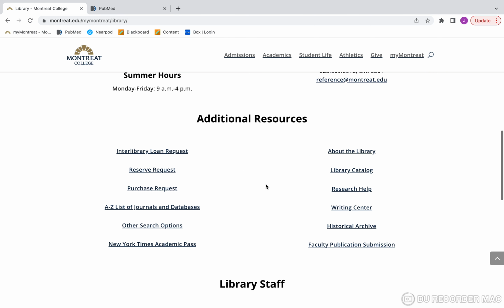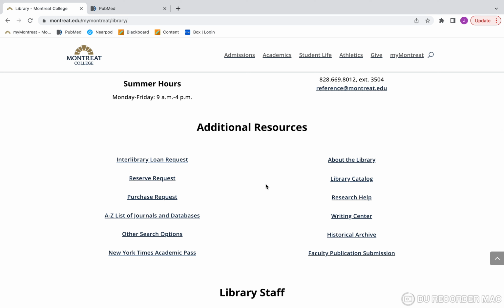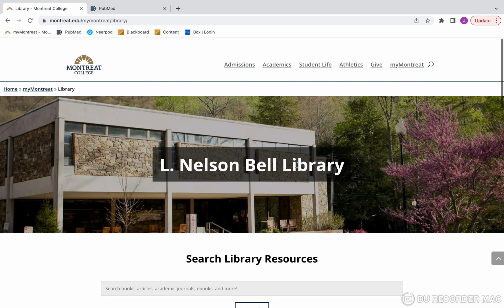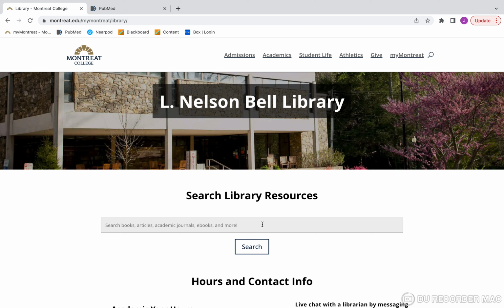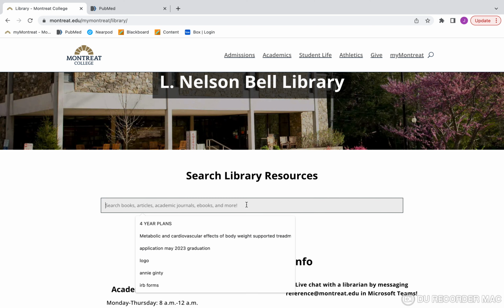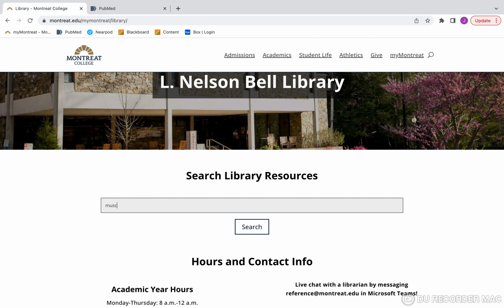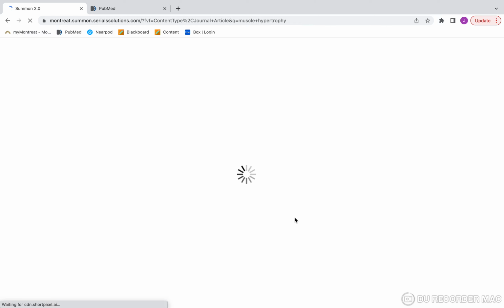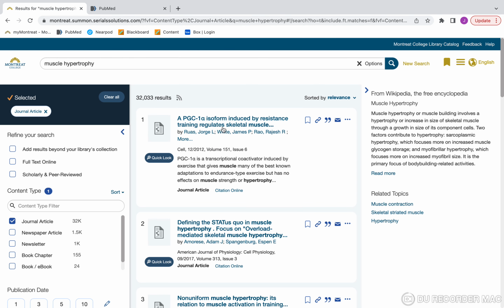We have a great library staff here at Montreat, so you can use this to really dive in. We have lots of resources. So first thing you could do is say, I want to search whatever it may be. You put it in. Let's say we're doing muscle hypertrophy. We want to know how to make our muscles grow. So we do search, and we're going to come back with a huge amount of results,